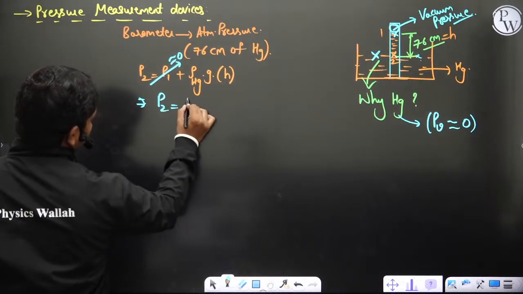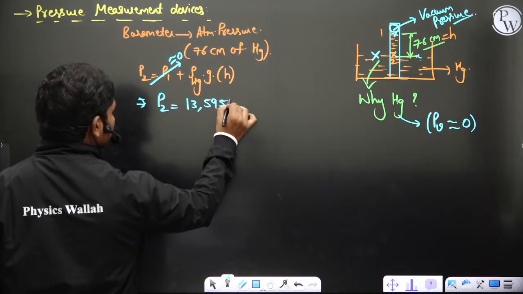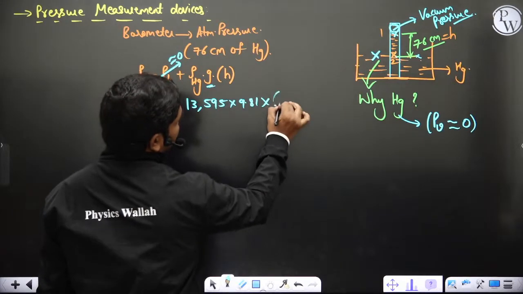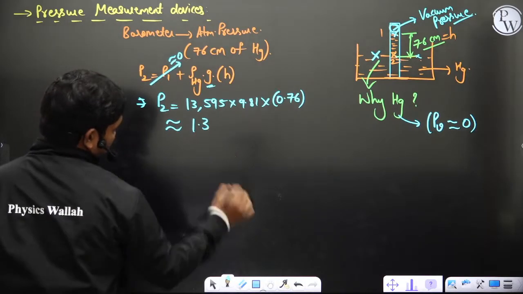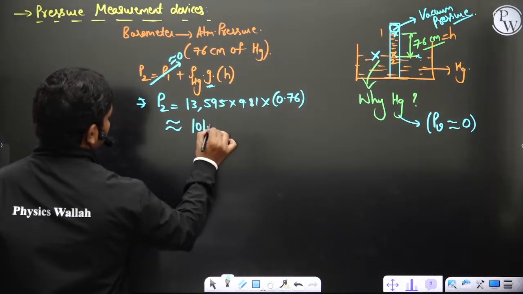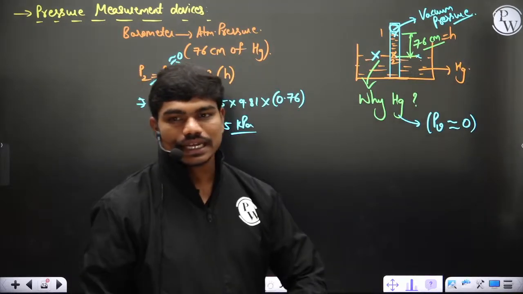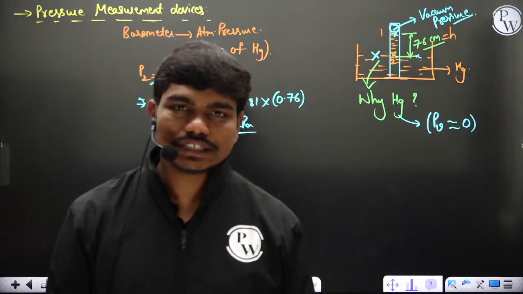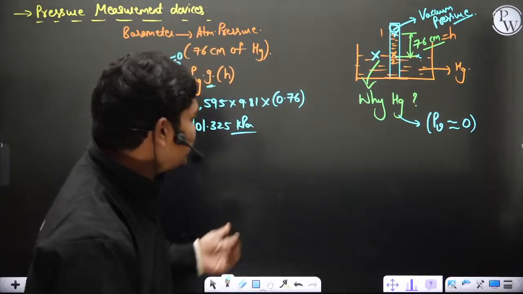P2 is equal to density of mercury, around 13,595, sometimes we can take 9.81 for g. Again, it is subject to poles or equator, and that's 76 centimeters, so 0.76. If you do all these calculations, roughly you will end up with 101.325 kilopascals in general. That's how 1 atmosphere is taken as 76 centimeters of mercury, or 760 mm of Hg. And if you do this calculation, roughly the answer will be 101.325 kilopascals,